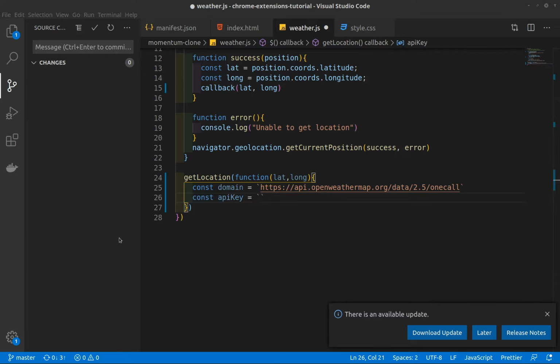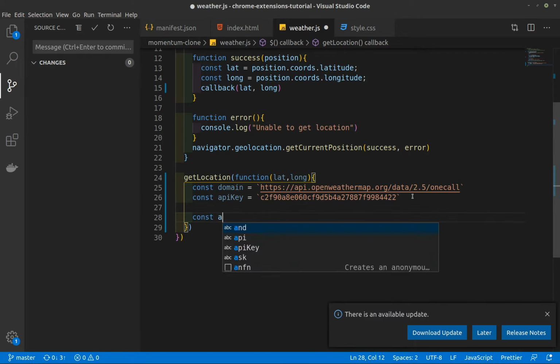You can use my API key also if you want, or you can go ahead and sign up for your own API key. One thing to note is when you do sign up for an API key, it takes around an hour for the API key to activate. So don't be worried if your API key doesn't work out of the box. It takes around an hour for that to get activated. So that's the only catch. For that time you can use my API key, no worries.